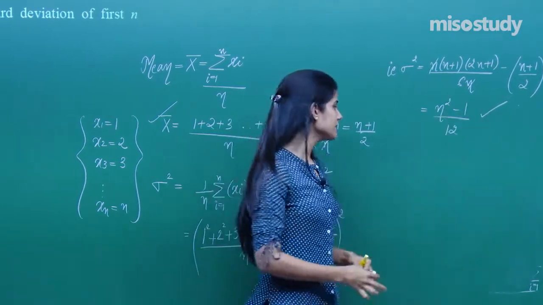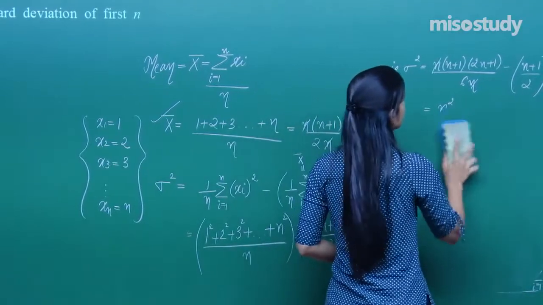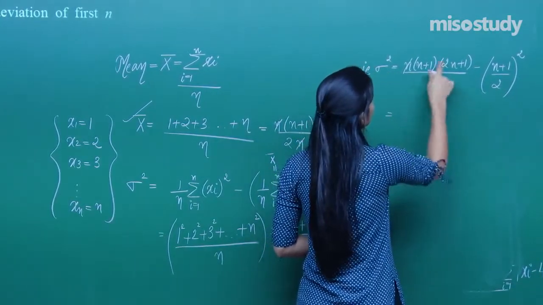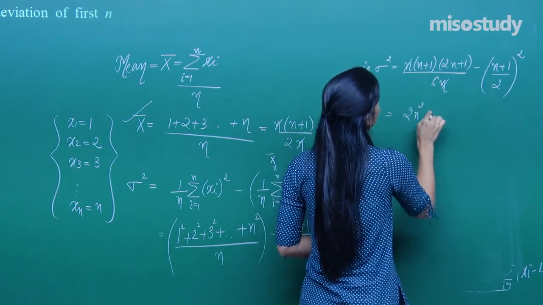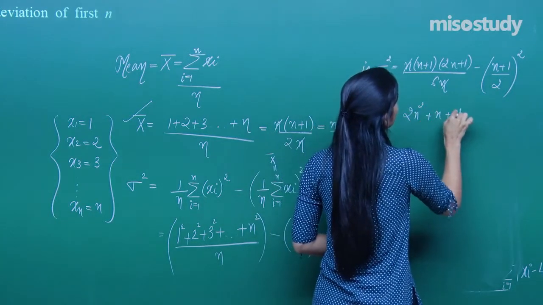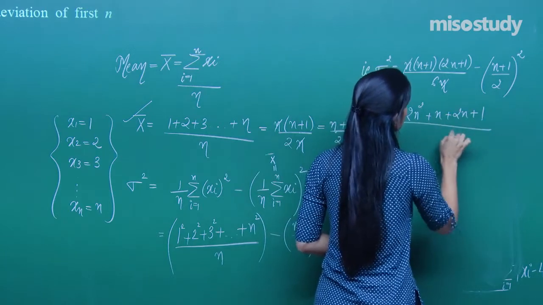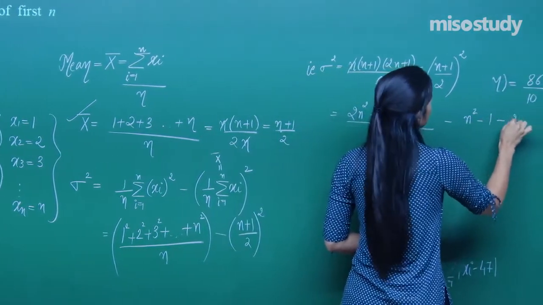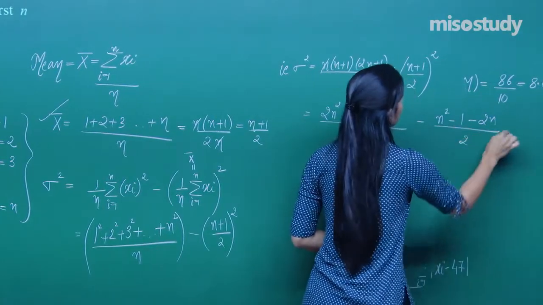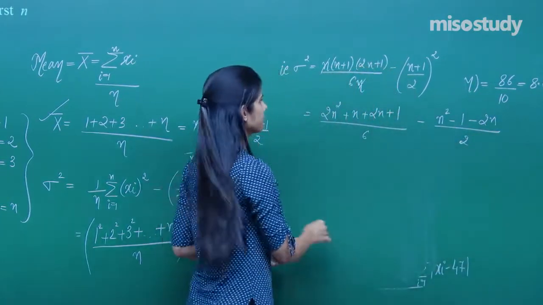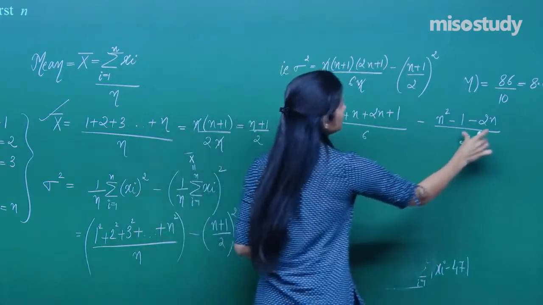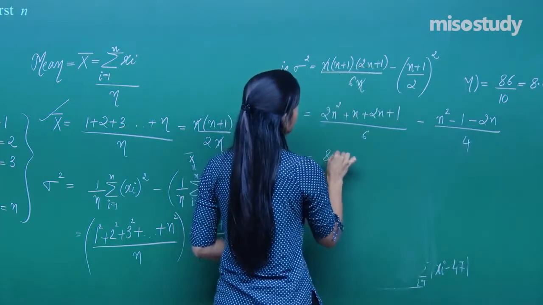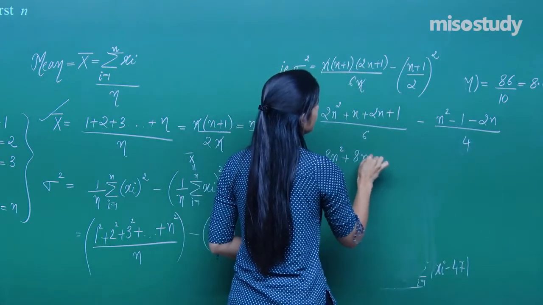When you're going to evaluate this, you can even check this. This is very easy. See, you are left with (2n square plus n plus 2n plus 1) whole upon 6, minus (n square minus 1 minus 2n) whole upon 2. I have just opened up the braces. This is 4, 2 square is 4. So you get 4 into 2, 8n square plus 8n